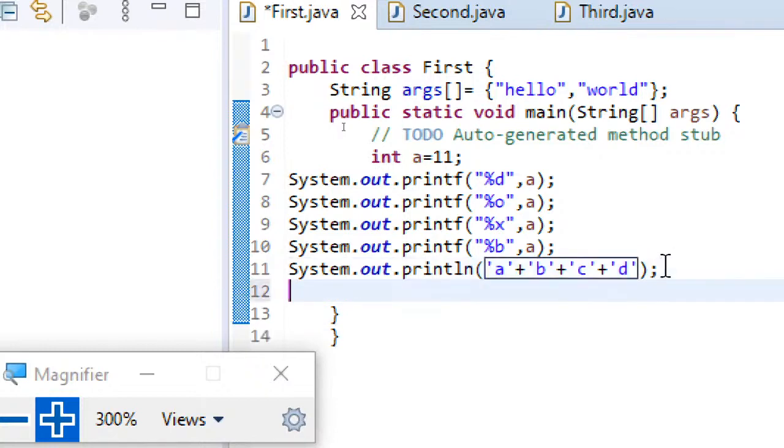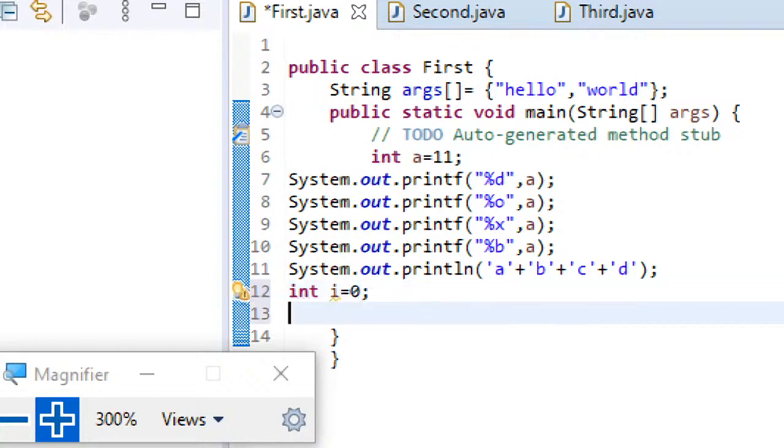And next, similarly, if I write here a equal to, let me take some int i equal to 0, boolean.